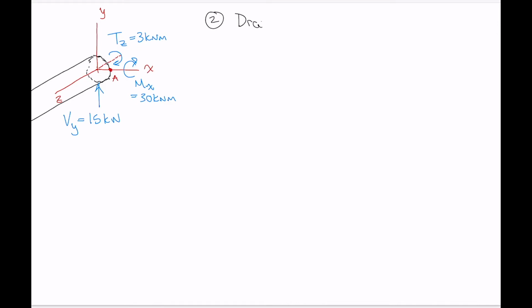So draw volumetric element at point of interest. Okay, so if we draw the material at point A in the same sort of perspective as our overall drawing, with our coordinate system,